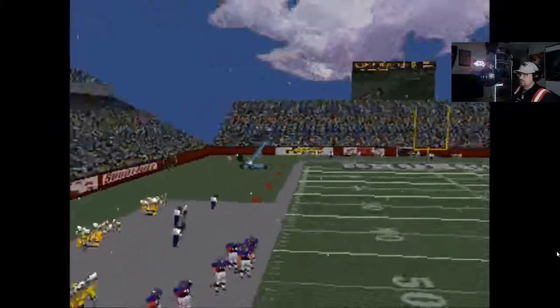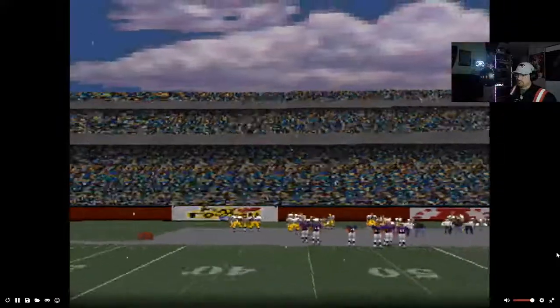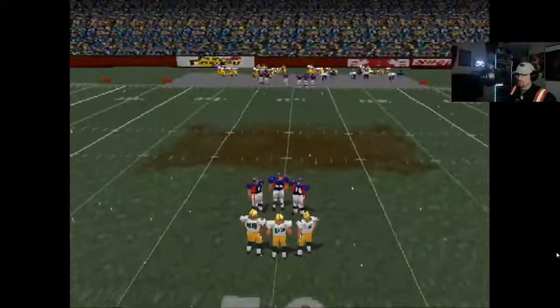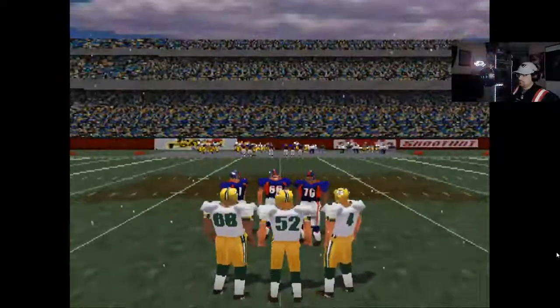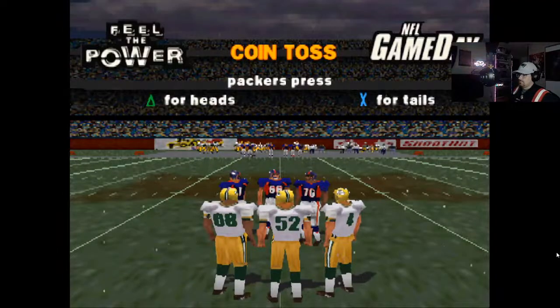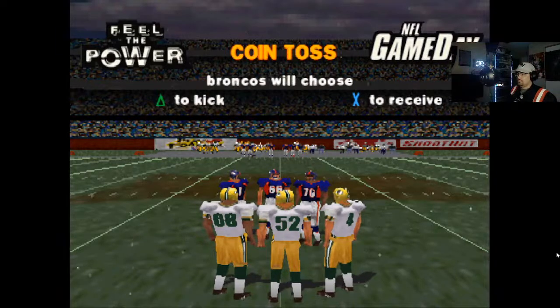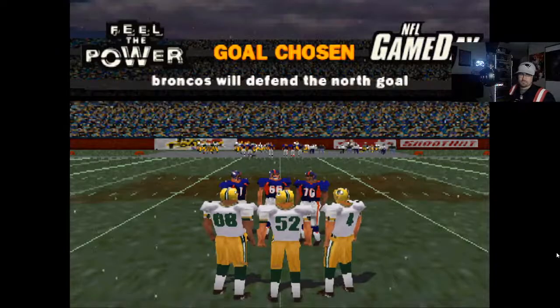Welcome to today's game between the Denver Broncos and the Green Bay Packers. Green Bay Packers, call heads or tails. Denver Broncos, kickoff or receive. The Packers will receive the kick.